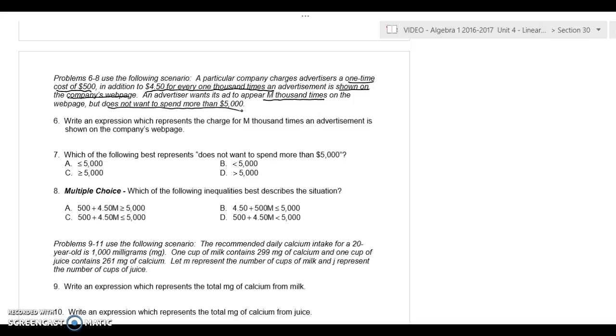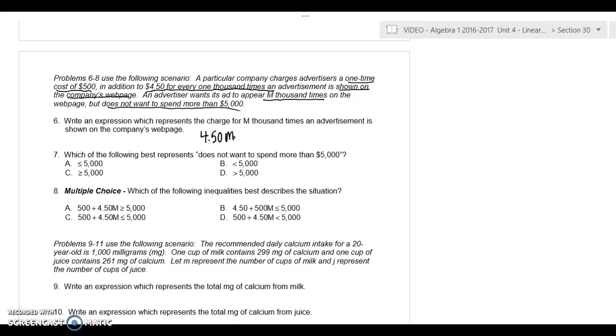So write an expression which represents the charge for m,000 times an advertisement is shown on the company website. So we want to know that cost for every 1,000 times that website is shown on there. And it's buried in that question. It's 450